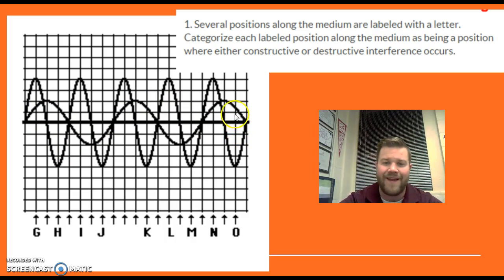For example, if I'm looking at letter O here, scanning through this, I can see that this peak is on the opposite side of this peak. These two are going to subtract away from each other. Okay, so what I would like for you to do is practice this wave right now, adding the resultant to